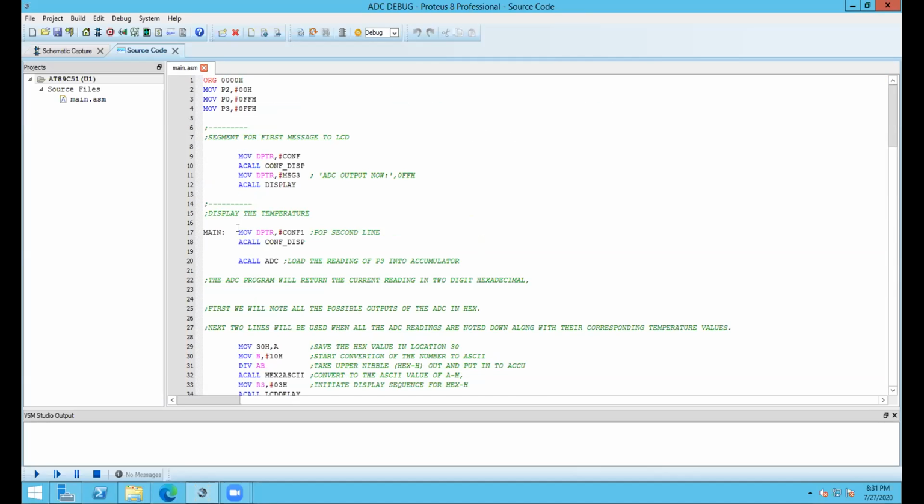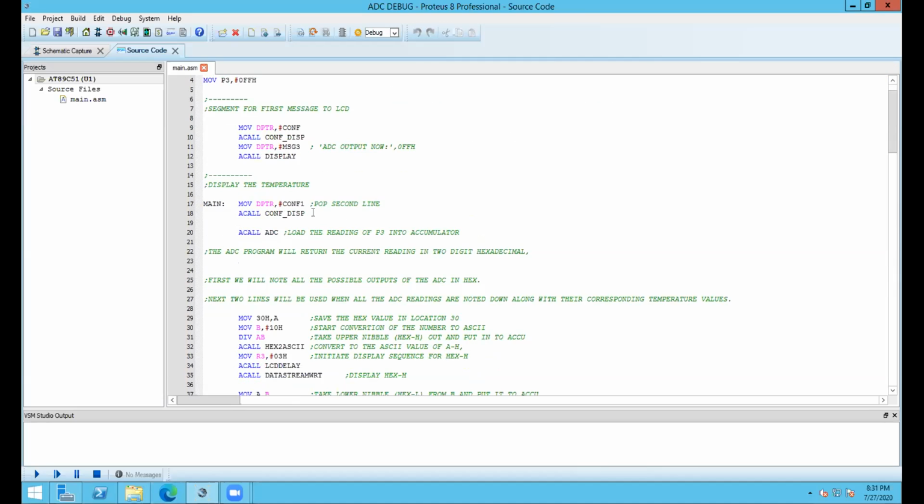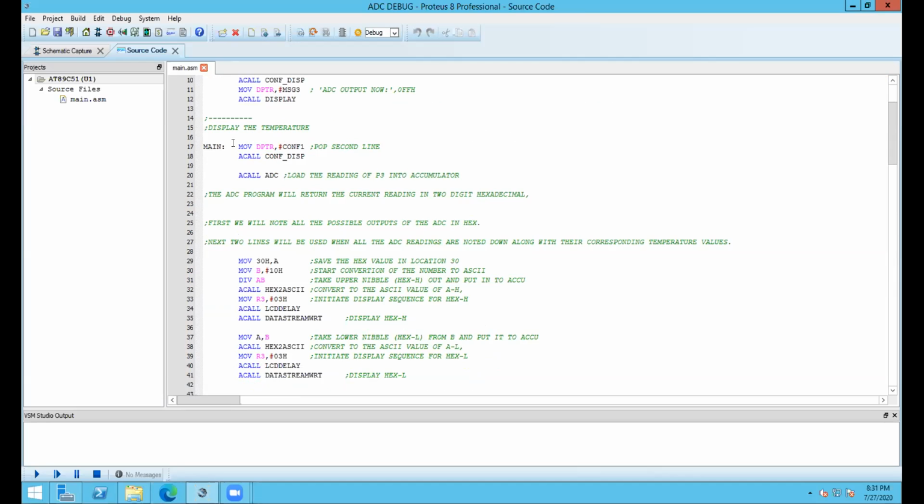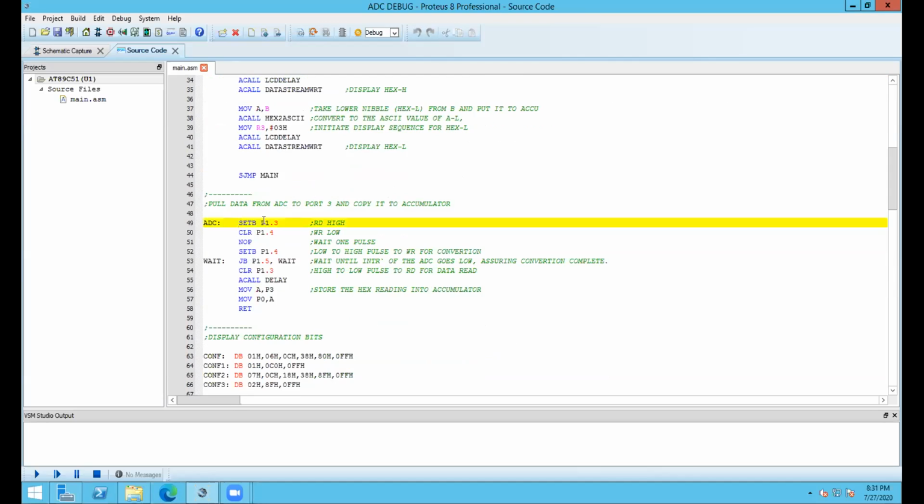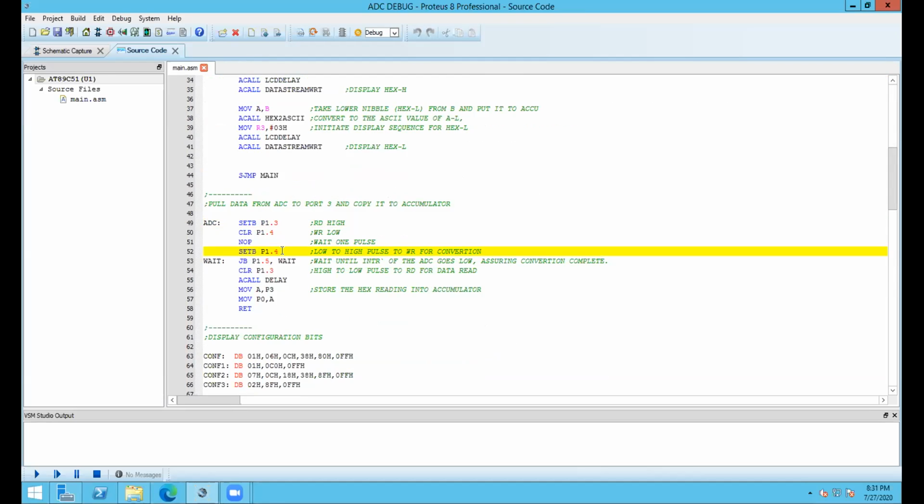Now if we skip here, I will just superficially go through the steps of what we are doing. We will call the ADC function. The ADC function actually does the same thing with the ADC. It makes the RD high and WR low, then waits for 1 clock pulse, and then sets the WR pin to high. The low to high pulse makes the ADC start the count for the current reading. It waits for the time as long as the reading is not completed.